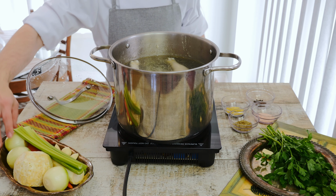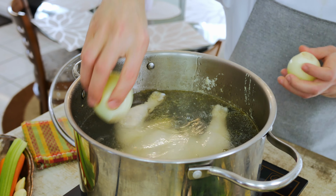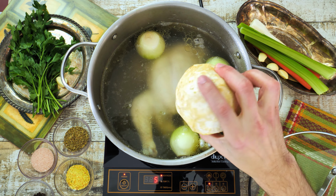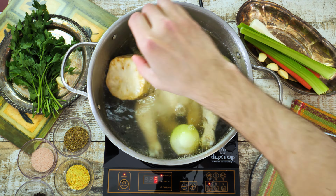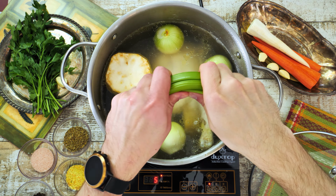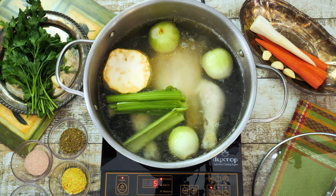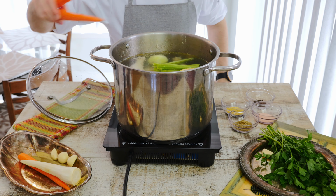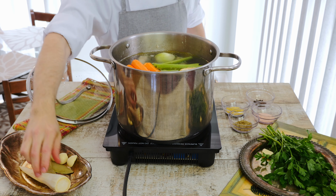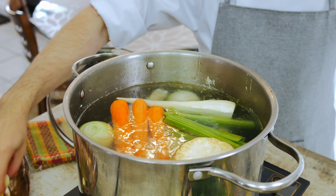Looks like the water is clean, so let's add 2 medium or 3 small onions. One peeled celery root. 3 stems of fresh celery. 3 medium peeled carrots. 1 parsley root, 3 fresh garlic cloves,